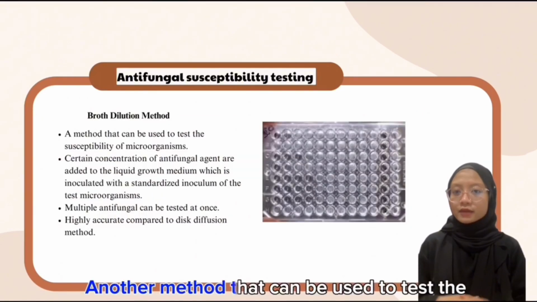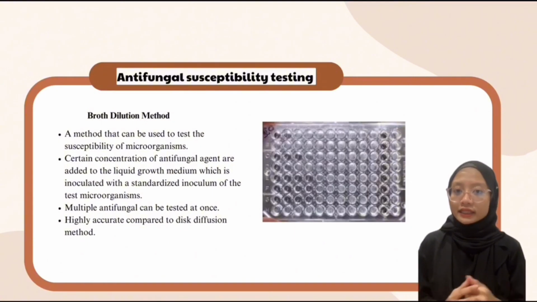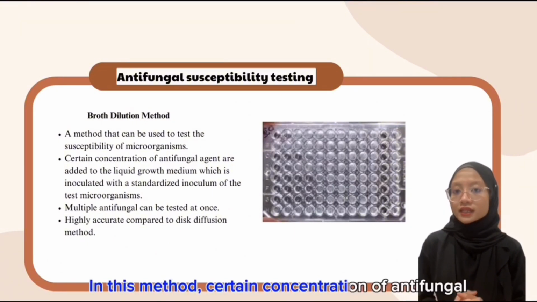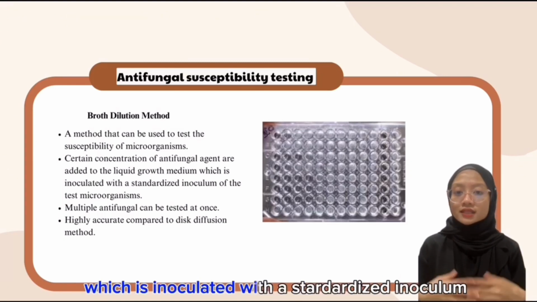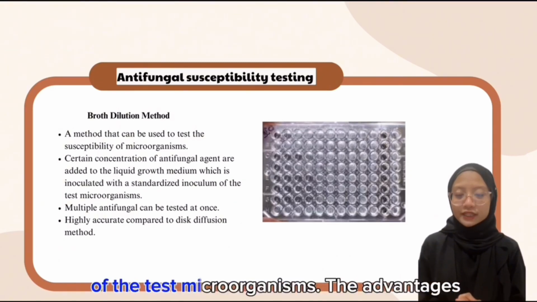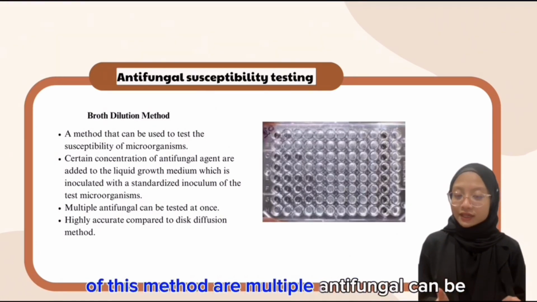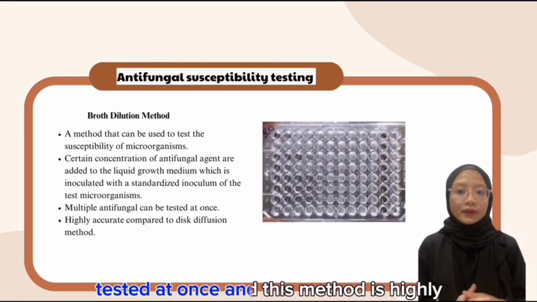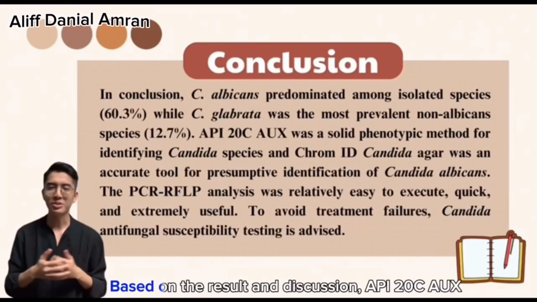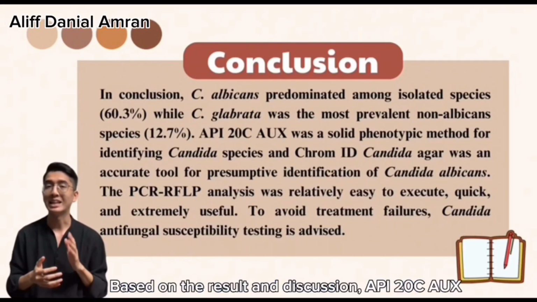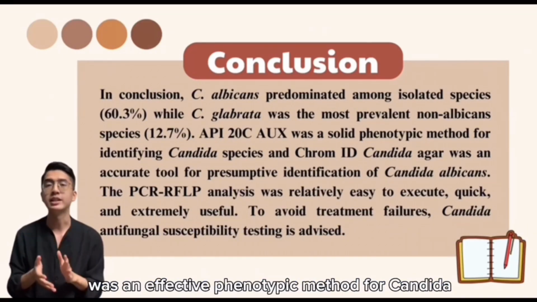Another method that can be used to test the antifungal susceptibility is broth dilution method. In this method, certain concentration of antifungal agent are added increasingly to the liquid medium, which is inoculated with a standardized inoculum of the test microorganism. The advantages of this method are multiple antifungals can be tested at once, and this method is highly accurate compared to the diffusion method. Based on the result and discussion, API20C AUX was an effective phenotypic method for Candida species